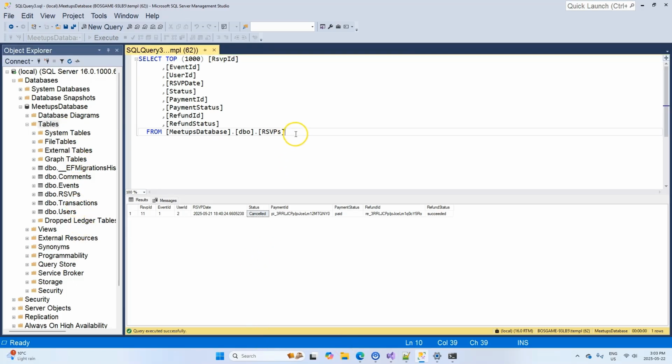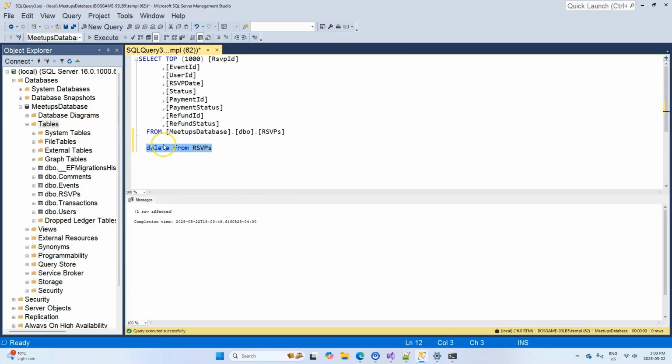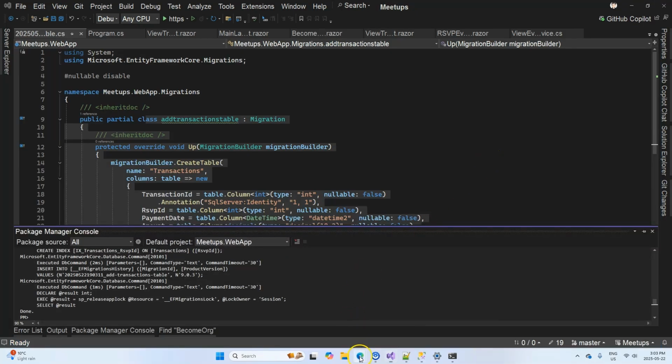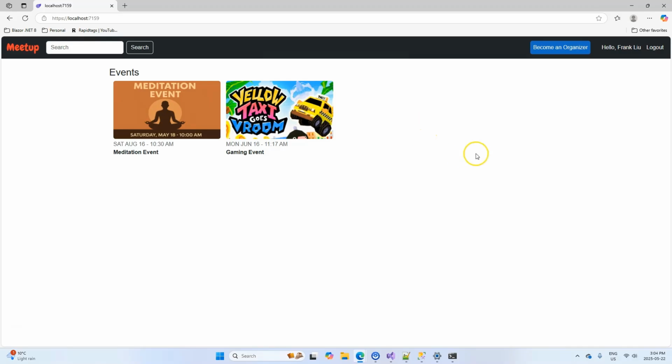So that's pretty good. But first of all, let me clean up the RSVP. So delete from RSVP. I'm going to run it. And the only record is, right, there's nothing in the RSVP. I'm already logged in as a regular user, and we're concerned about